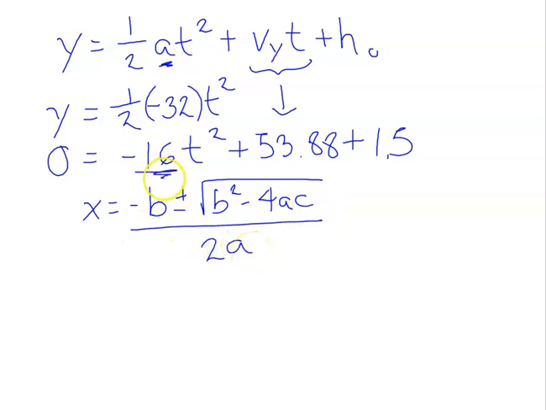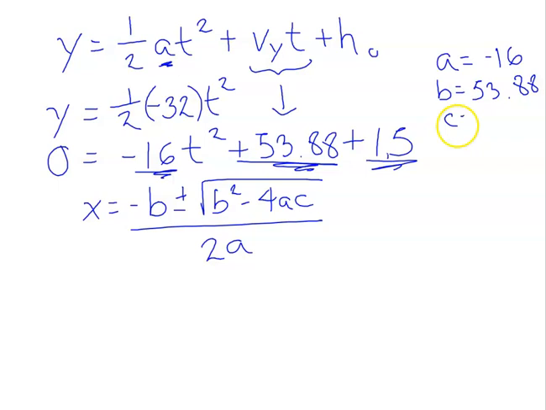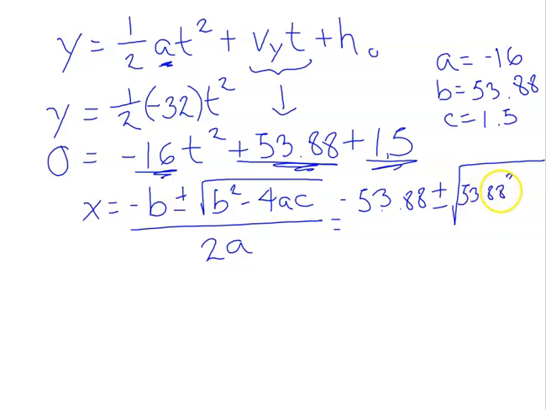A is the coefficient of t squared, which was negative 16. B would be 53.88, and C is always the constant, the number by itself, which is 1.5. So we're going to plug these values into the quadratic formula, and that'll help us solve for, in this case, the time. So negative b would give us negative 53.88 plus or minus the square root of b squared, which is 53.88 squared, minus, and then I like to multiply 4 times a times c, meaning I bring the minus over,